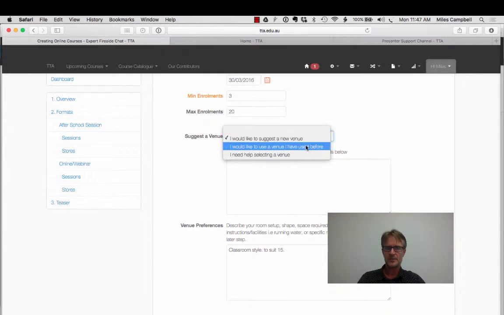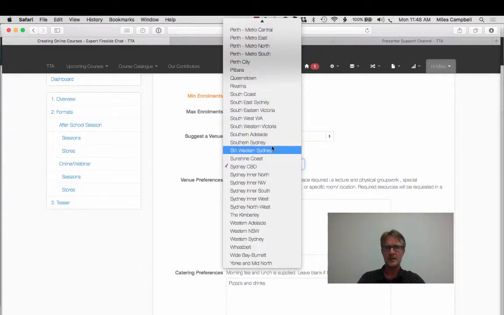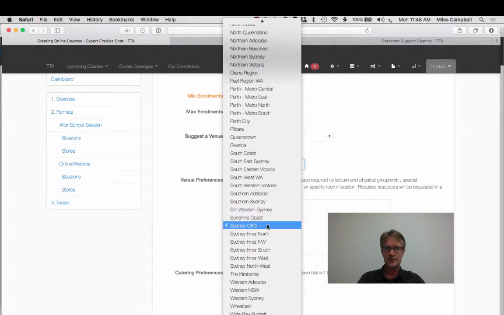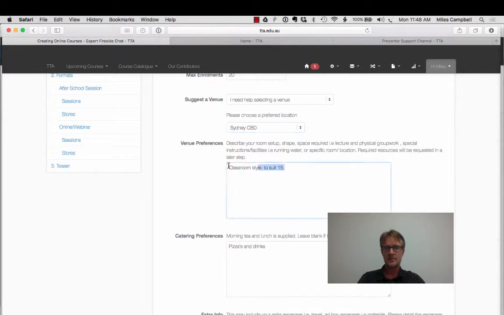The next option there is, I would like to use a venue that I've used before. So if this is not your first occurrence, then it's going to pre-populate with any occurrences that you've used before, and you can just select them from the drop-down menu. And the next option is, I need help selecting a venue. So I'm thinking most of you will probably choose this one for your first occurrence, and then you're going to pick the region. So I'm going to go for Sydney CBD for this one, but you pick the location where you'd like to run the course, and then we get to this next spot where you're going to tell us